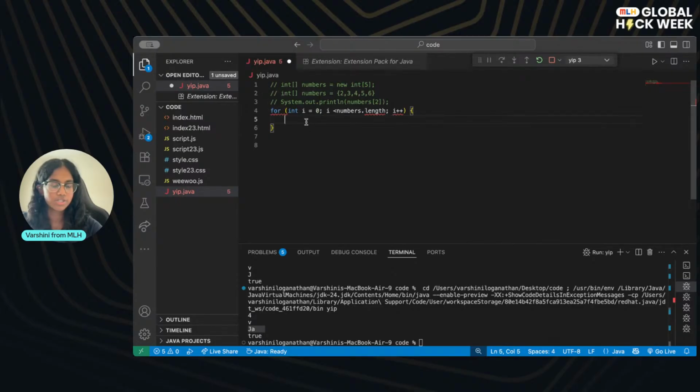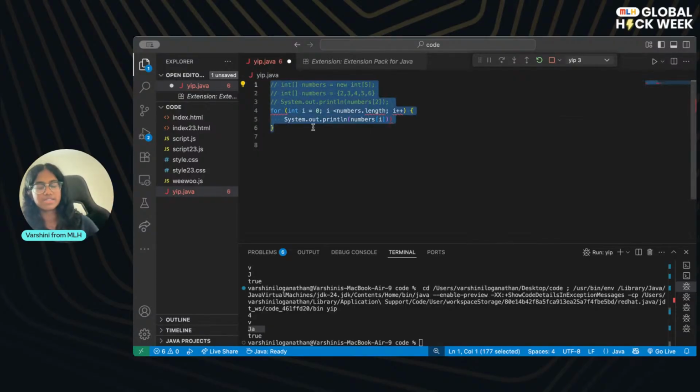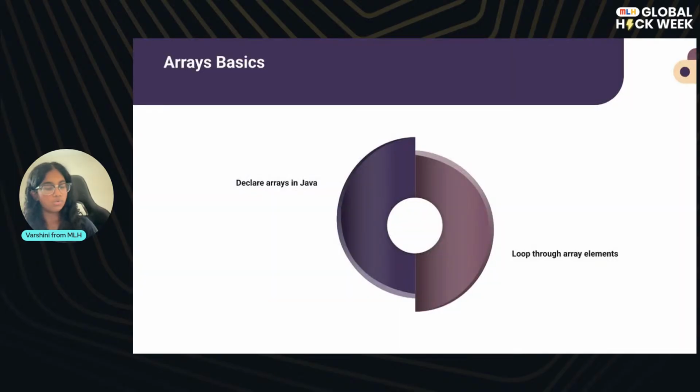Okay, it's just throwing errors because I don't have a class. And then we're going to call our thing, and we're going to iterate through it. So basically what this is doing is it's printing each element in the array by iterating through it. So arrays are fixed in size. So once you create an array with 5 elements, for example, like using this example that I've typed out, you can only have 5 elements in that array. So that's just a quick little basic about arrays.